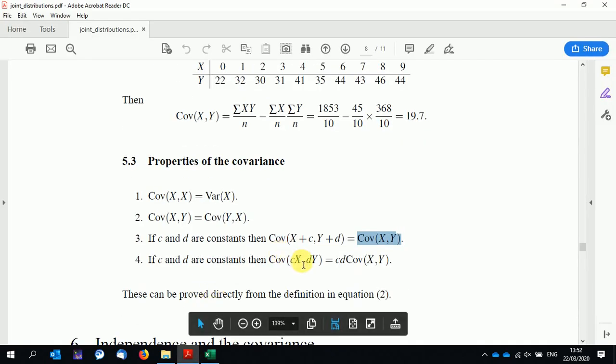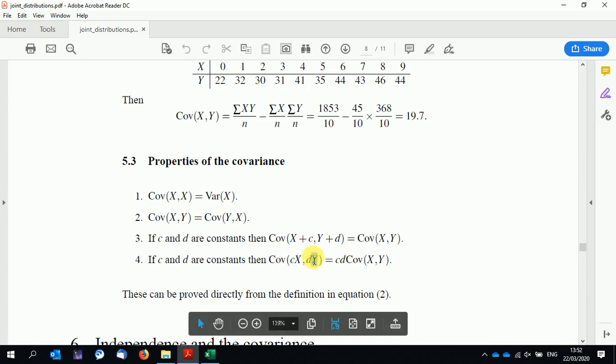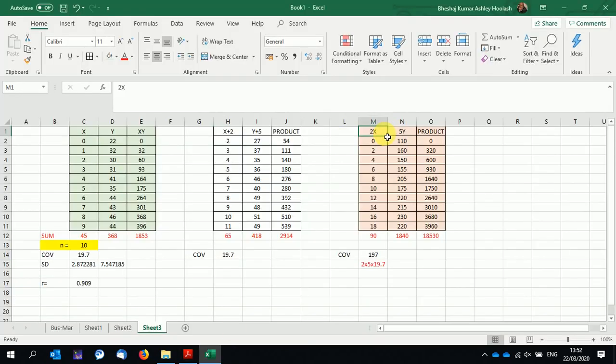What if now, instead of incrementing, I find a multiple? So let's multiply x by a certain amount c and y by a certain amount d. For example, here I've multiplied x by 2, so these numbers have been multiplied by 2, and y has been multiplied by 5. I find the product and I use these three numbers. I now will get covariance